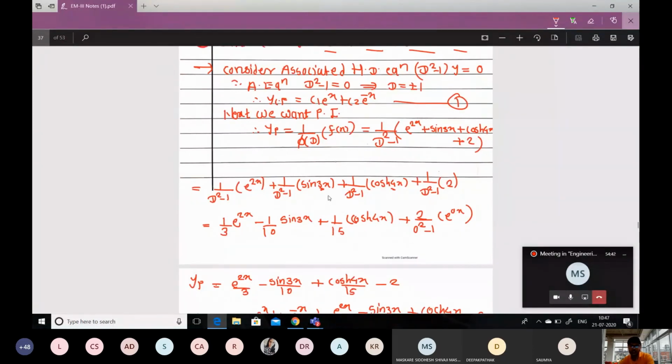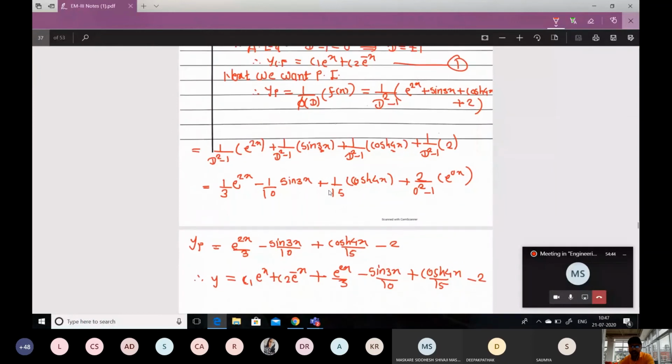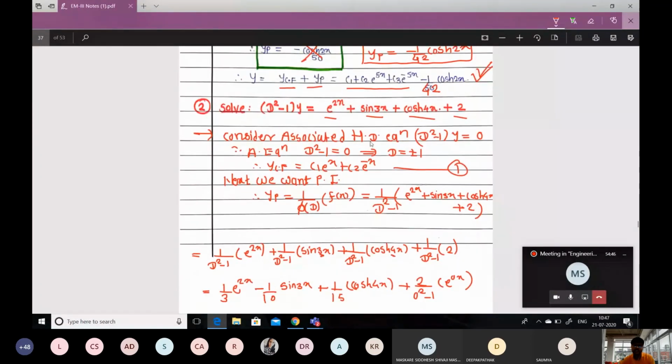Look here, within 5 to 6 steps we got the answer, but looking at this example, it is very lengthy. So this is the importance of the shortcut method, and this is the combination of shortcut methods. First, for the first term you have to use the first formula, rule number 1. Rule number 2, that is the sine trigonometric function. Rule number 3, the hyperbolic sine cos function. And this is the modification of rule number 1.